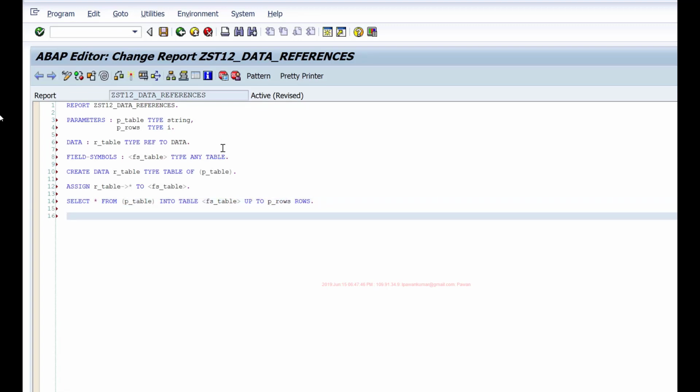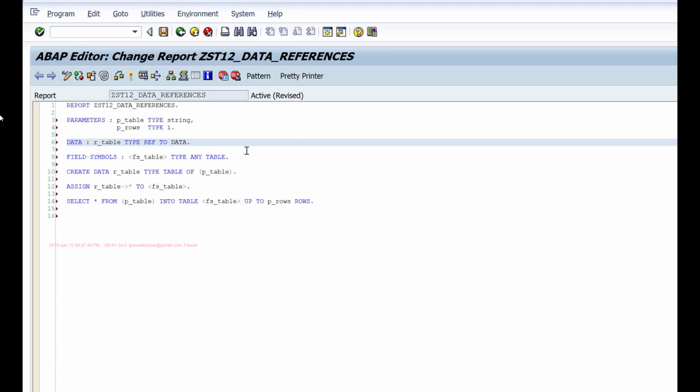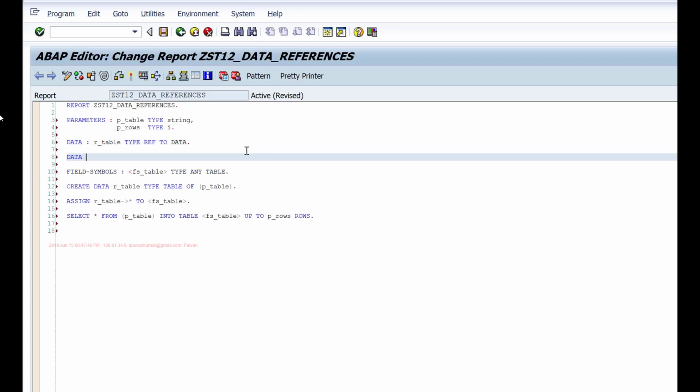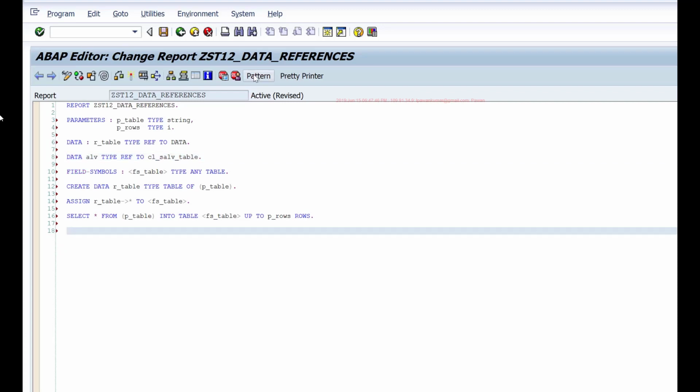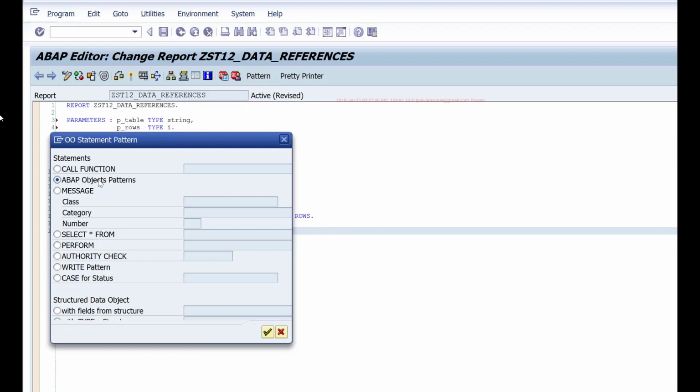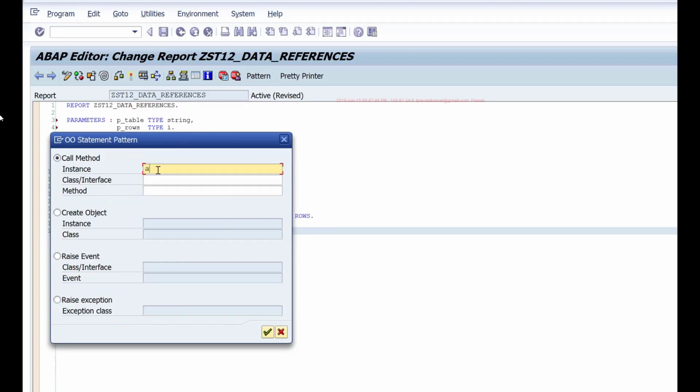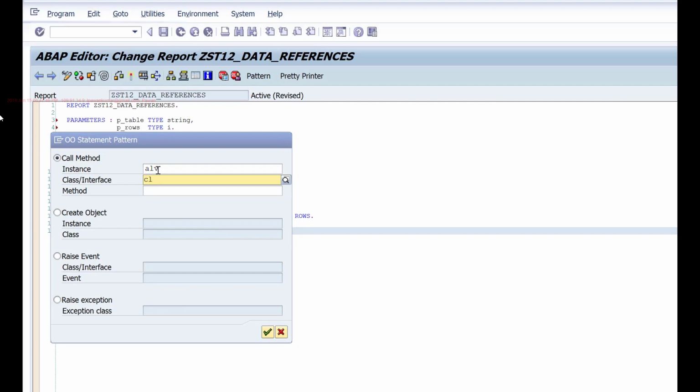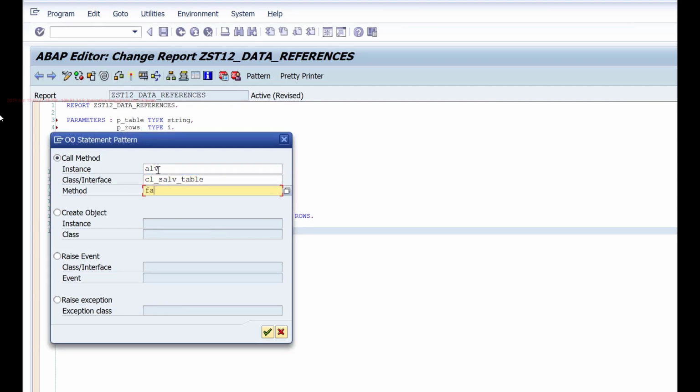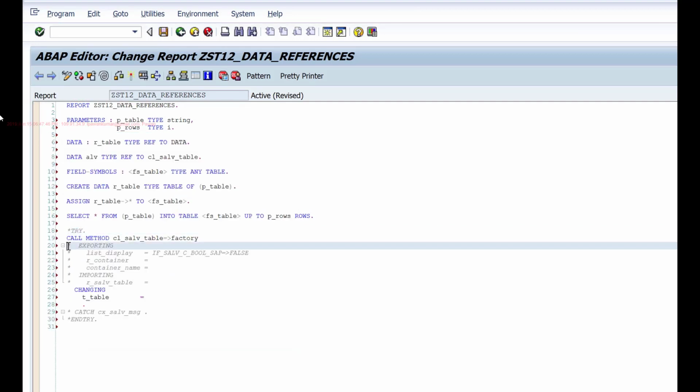So for that, let's use this ALV object model. I can say data alv type reference to cl_salv_table. Then I'll call this factory method. To this, we are not going to export anything.